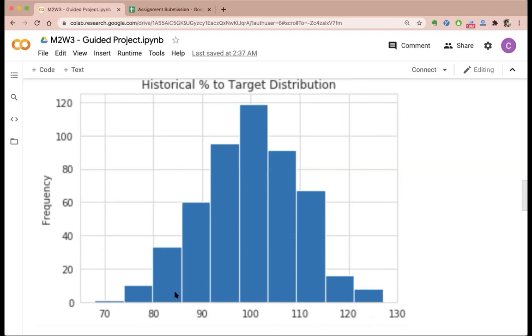So almost all the observations lie in the range of 6 sigma, right? So if you remember this fact, that if this is mu, then the ends, mostly mu minus 3 sigma and mu plus 3 sigma, will have